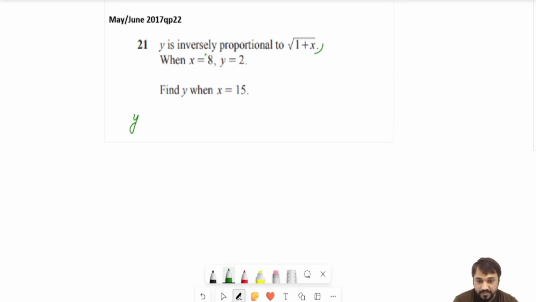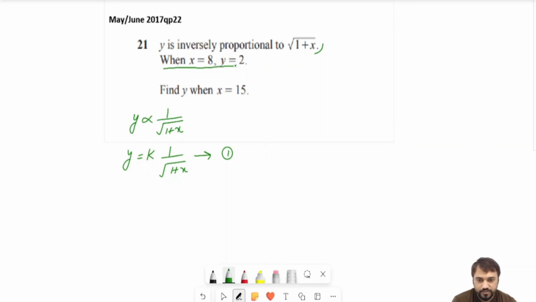Y is inversely proportional. The proportional symbol is same, but when it is inversely, we have to write 1 over the next quantity, that is square root of 1 plus x, like this. And the next step is replace this symbol with some constant. The rest is same, 1 plus x. Again, we are going to name it k, and we have to find the value of k by